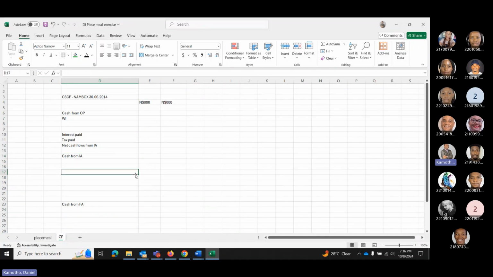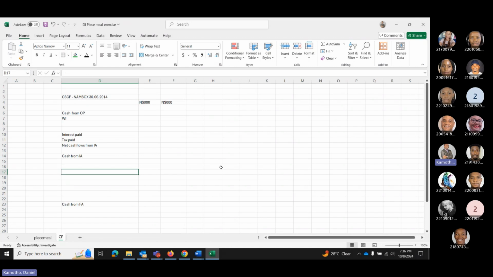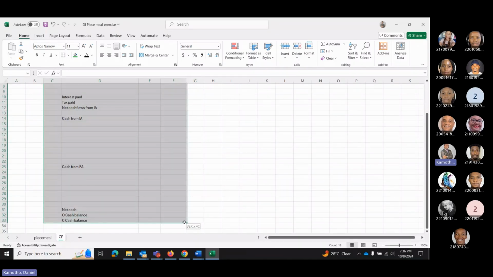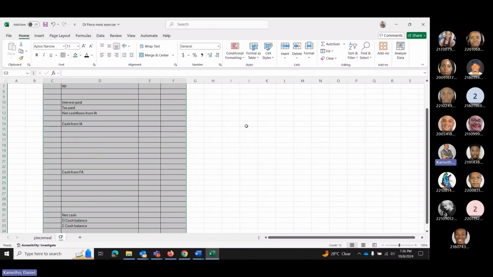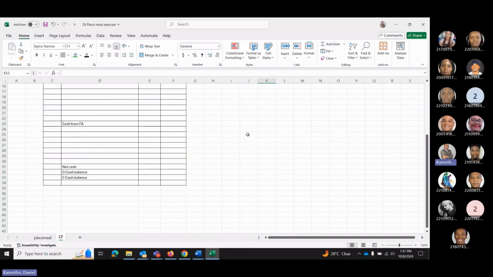So basically, we have now put in the structure. This would be one of the pages that we want to do, which is the cash flow. So we have set up the structure of our answer, and we know we will be responding to the required. That's the first thing. Then we said, after we do that, we now go and read, and we transfer the